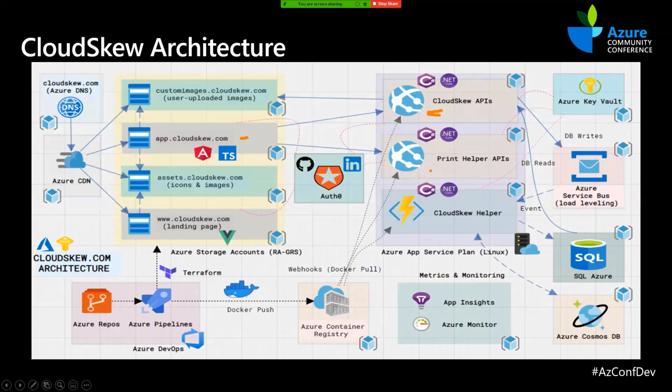And similarly, print helper APIs are a set of APIs that help you to print and export the diagram. We take care of things like font smoothing and WebKit rendering just to ensure consistency across all browsers. The reason the print helper APIs are isolated in a separate app service is because it tends to have a higher memory footprint and tends to recycle more often. Which is why we isolated it in a separate app service.